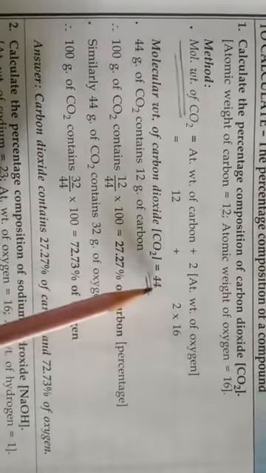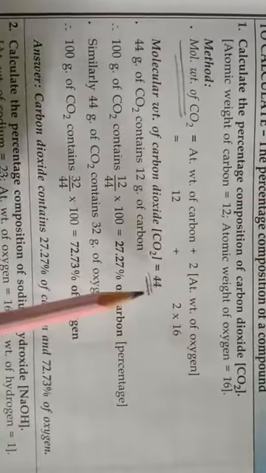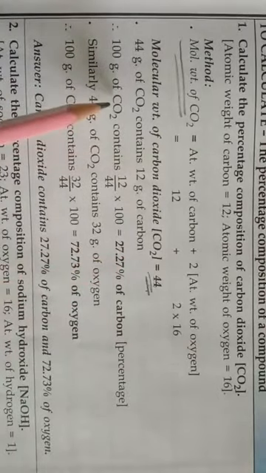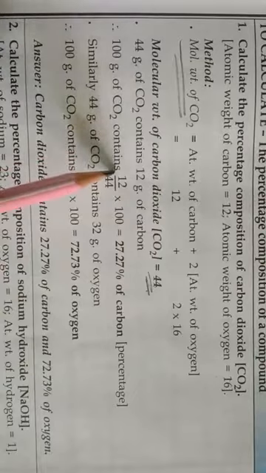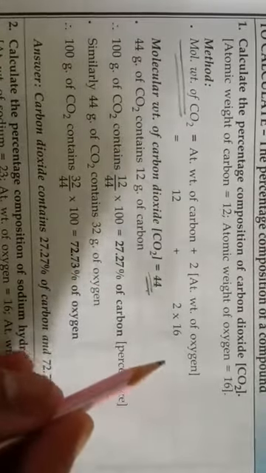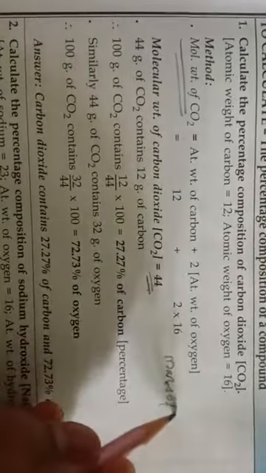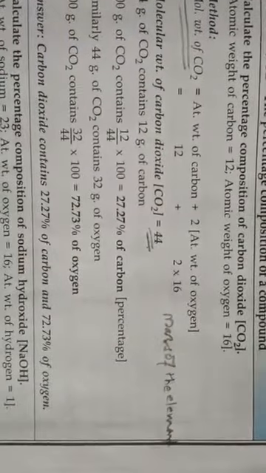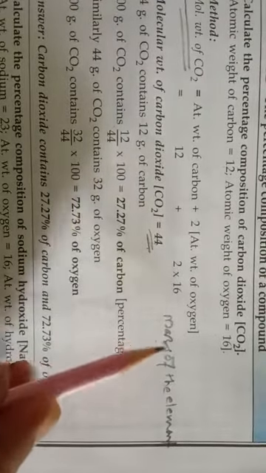Okay children, so up to here you haven't any problem. Then to calculate the percentage composition of the different elements, we will use a formula. Okay children, the formula will be the mass of the element in the compound,